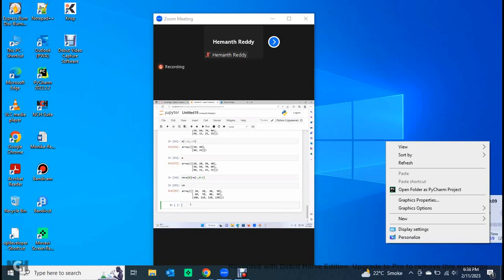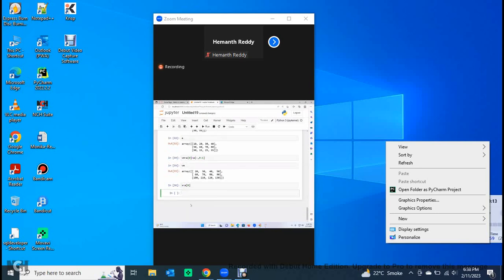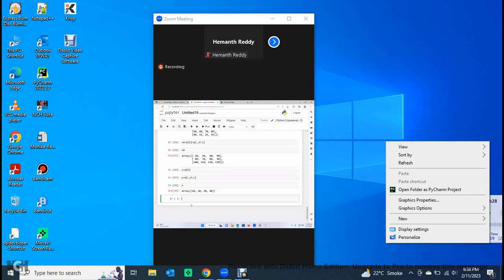One minute. Some x is equal to A of 0. It is giving some different result. Y is equal to A of colon comma 0 colon 1. And x you print it. Y you print it. This is the data. What is happening because of that? You observe the result. It has filled the matrix. Totally it has filled the matrix.